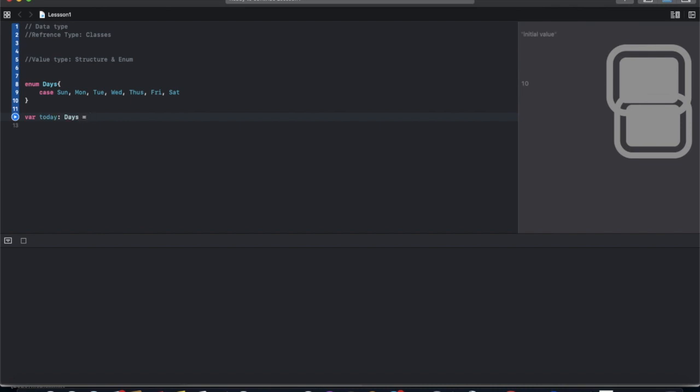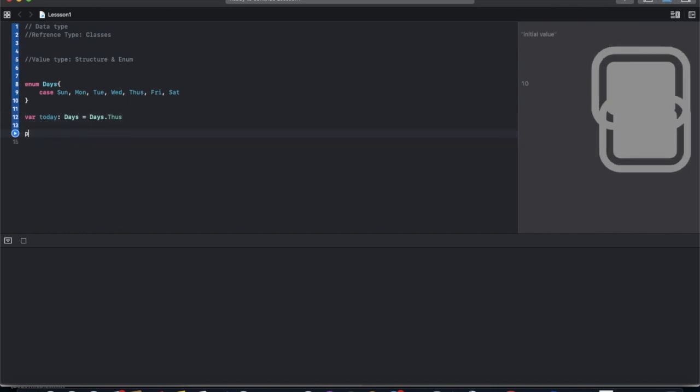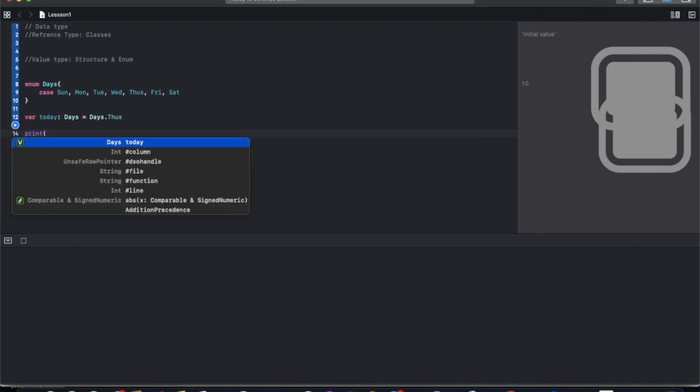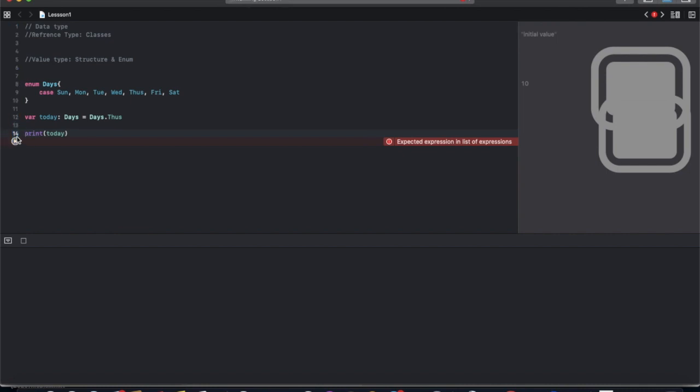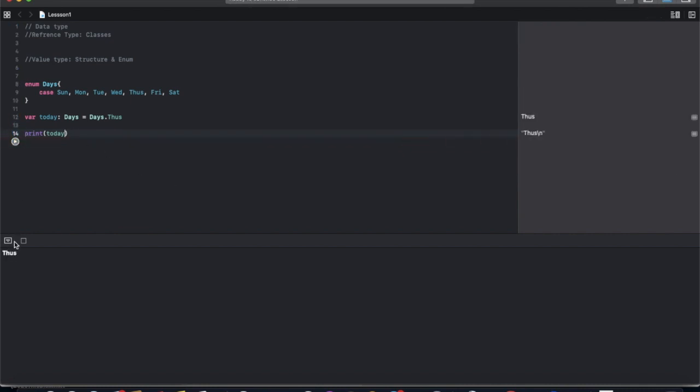So the value, like today is Wednesday or Thursday. Now if we want to print it, we print and you can see the value Thursday. So enum is a basic data type.